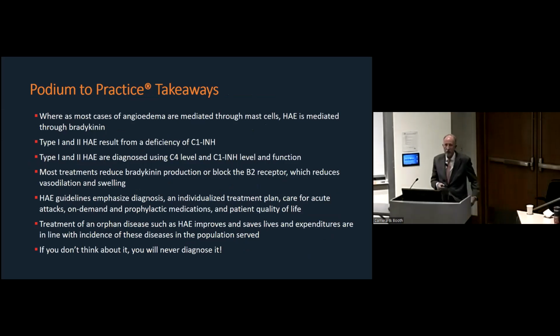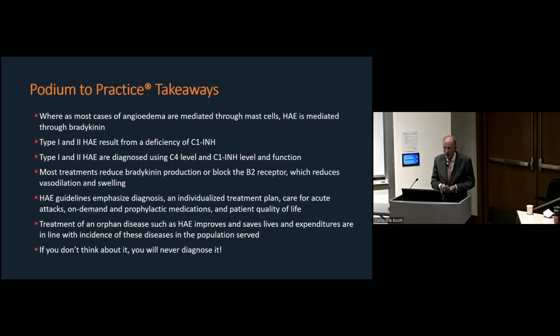HAE is mediated through bradykinin. Type 1 and type 2 result in a deficiency or dysfunction of C1 inhibitor function. You can diagnose it very easily with tests that are readily available and repeatable. Most treatments are aimed at blocking bradykinin production, either by knocking out the bradykinin receptor or blocking its effect, which obviously